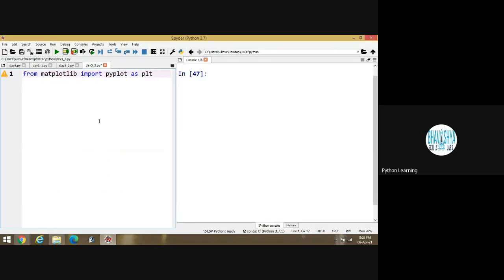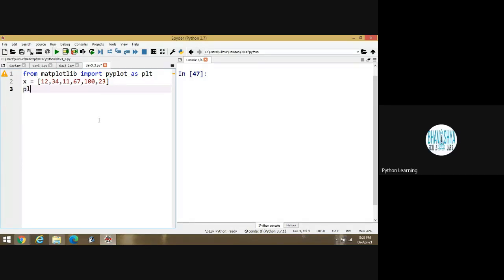One is the content from matplotlib. Import pyplot as plt. Suppose I am writing x is equal to 12, then 34, then 11, then 67, and 100, then 23. Is it okay? Suppose these are the values.